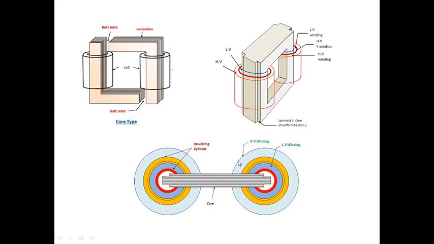Here this is the top view of your transformer core type. See, this is your insulating cylinder, right? Then this is my low voltage winding and this is my high voltage winding. This one is your insulating cylinder. Understood? This is the top view of your core. Both high voltage and low voltage are wound in the same limb, but for typical view we say this is your primary and this is your secondary.